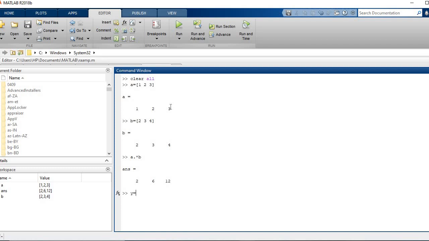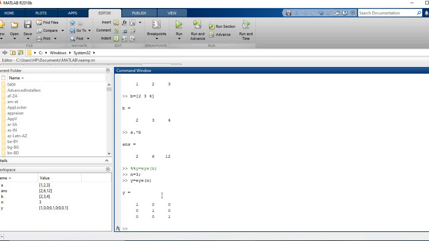Let's say y as the command for generating an identity matrix of order n is I, parenthesis, and the input argument n. First we'll put that in a comment to understand. Here n is the order of the matrix. Let's just define n is 3 and now I write y is equal to I, and it will lead to a generation of an identity matrix of order 3.